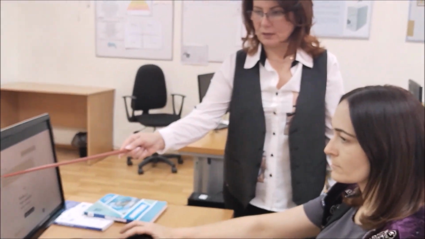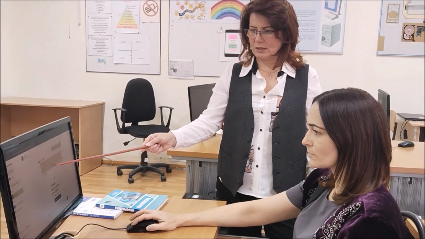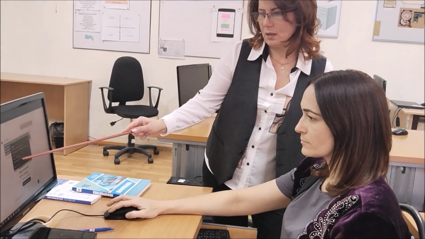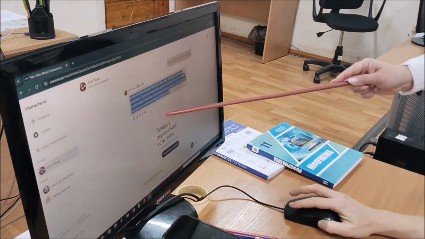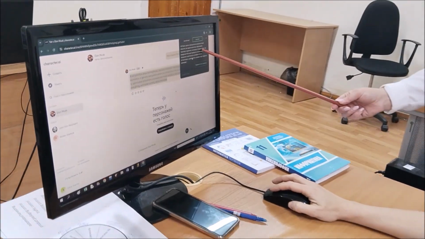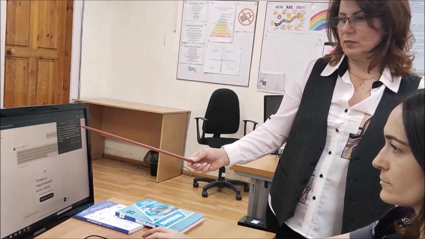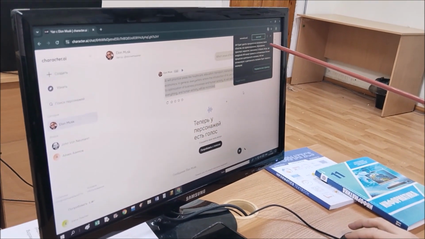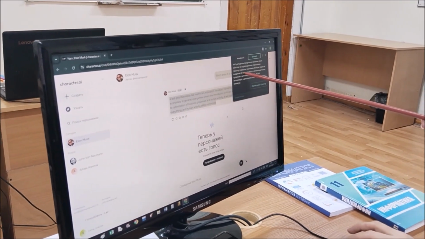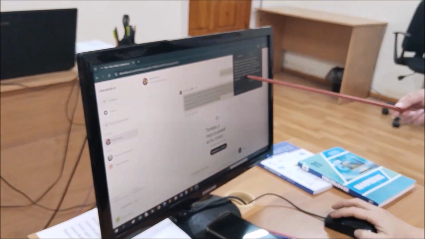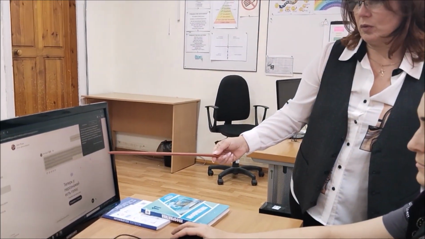That is why we can select this block, выделить, and translate into Russian. Here you can see the English original and there the translation. For example, искусственный интеллект будет уделять приоритетное внимание таким областям, как здравоохранение, образование, транспорт, маркетинг, экономика, в общем везде, где внедрение ИИ может привести к оптимизации. Все будет оптимизировано, а деятельность человека будет сведена к минимуму.